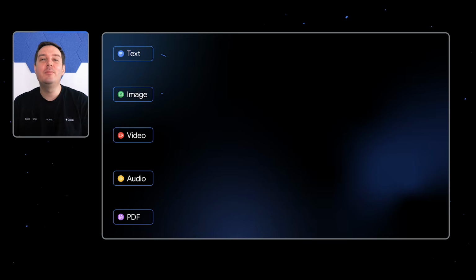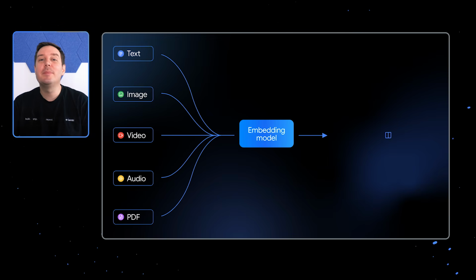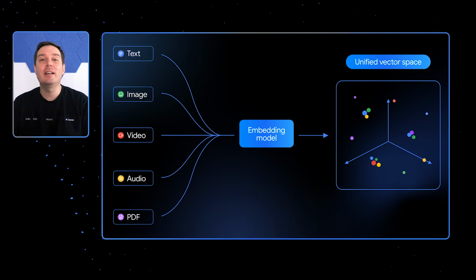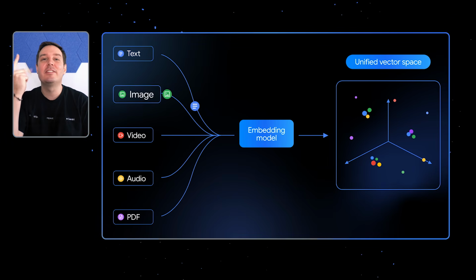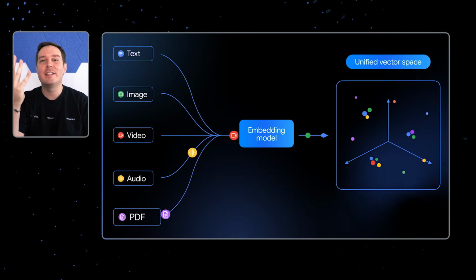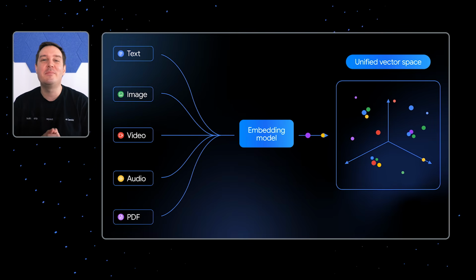Today, we're excited to launch Gemini Embedding 2 in general availability. Gemini Embedding 2 is our first natively multimodal embedding model. It is based on Gemini, and it directly maps text, images, video, audio, and documents into a single unified embedding space. So let me give you a quick overview of the model and then show you how to use it